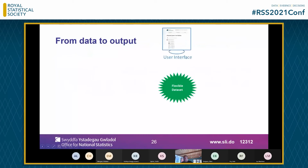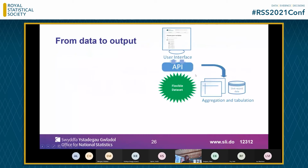So we build that, and then ultimately what we want to provide is the external user an interface by which they can query that and build their own tables, flexibly, in the way that Keith described. So they make selections, it comes into the tool as a query. And then what the tool is doing is working on a subset of the unit record data. So it hasn't got names, addresses or anything like that, but it is line by line, person and household, and taking that query and aggregating that, tabulating that into tables,